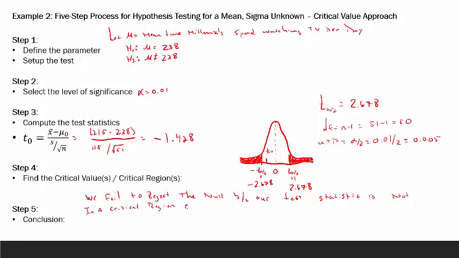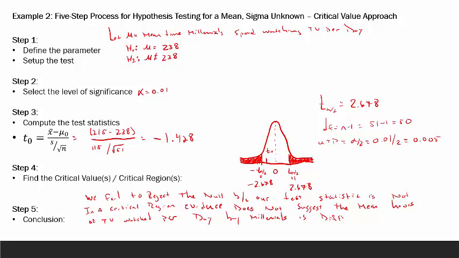And so what's going on here is evidence does not suggest the mean hours of TV watched per day by millennials is different from 238 minutes. So right now, there's no reason to suggest that millennials watch any different amount of TV on average than an